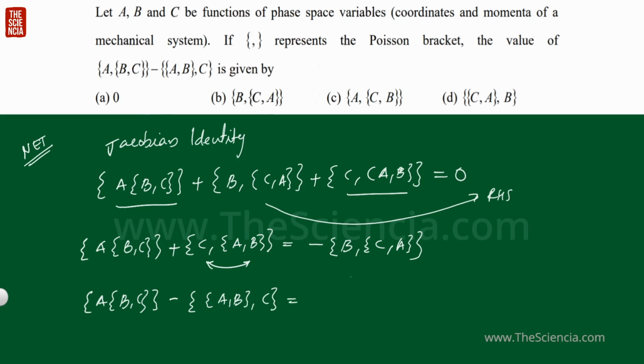So now look into the options. Which are the possible options? B and D. But in option B, one minus sign is missing. But in option D, yeah, you can see we can rearrange this equation. So one more minus will be there. So this term will be equal to plus, that is Poisson bracket C A comma B. So which is the answer? Option